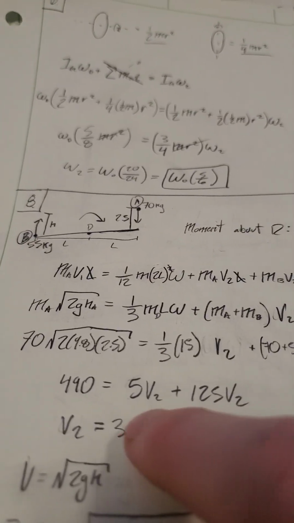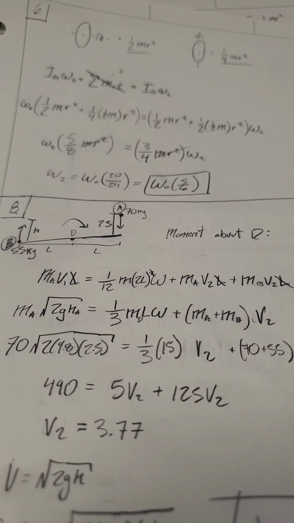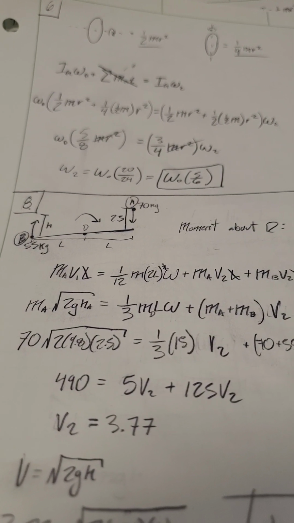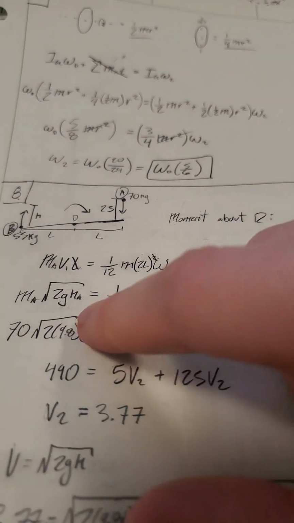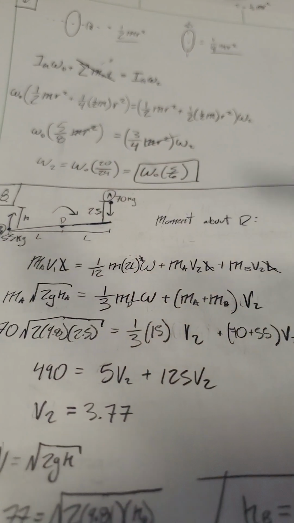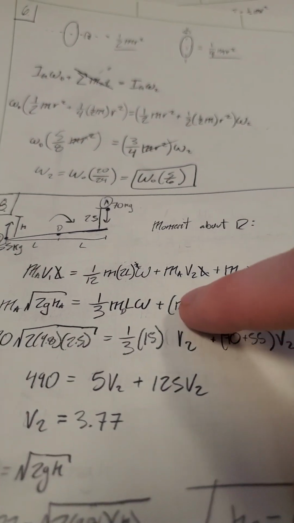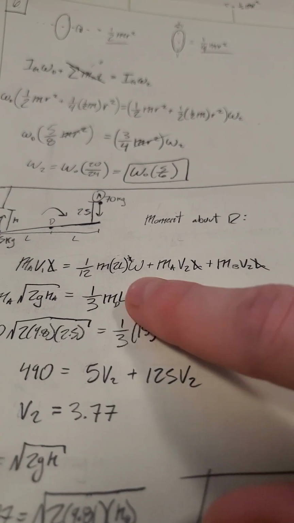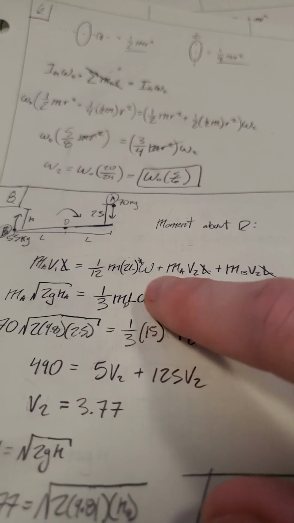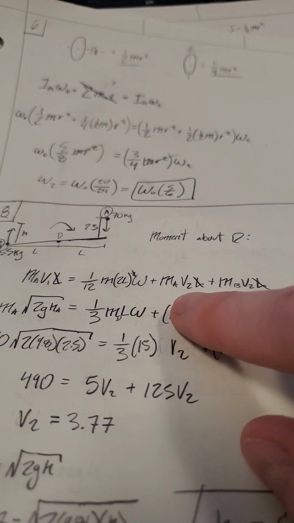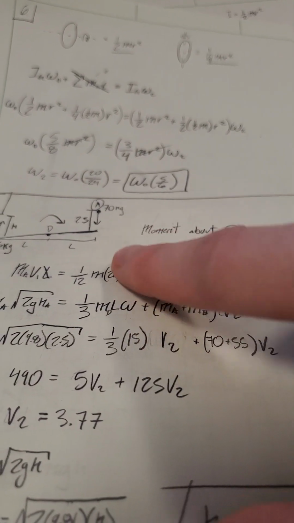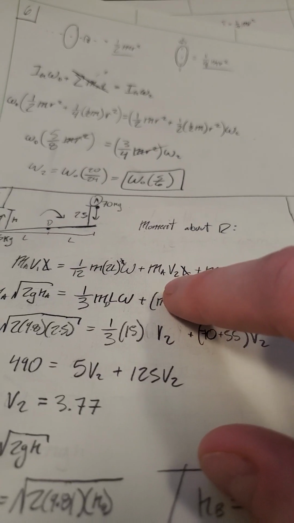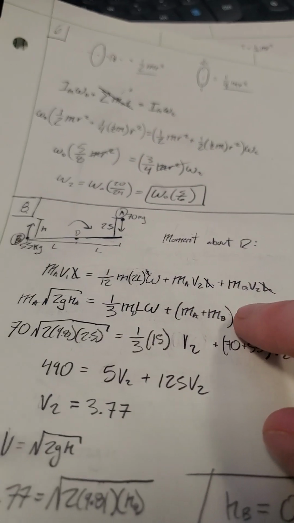So that's kind of the idea behind it. I set this equation up as we have the momentum of the first person before he hits the board. So this is the initial momentum before he hits the board. That's going to equal the momentum of the board rotating. That one's going to have an angular velocity. And then we're also going to have the momentum of the first person who jumped and the second person who